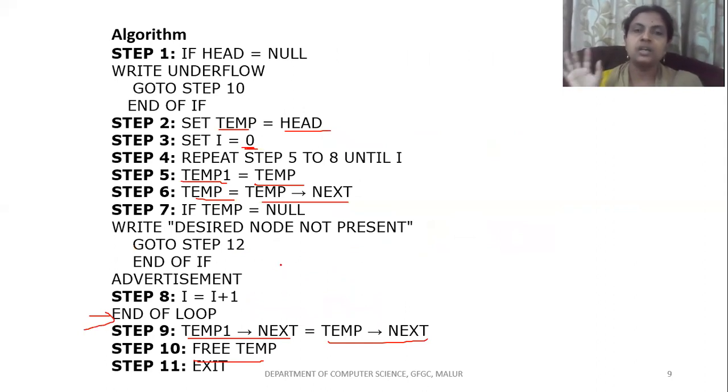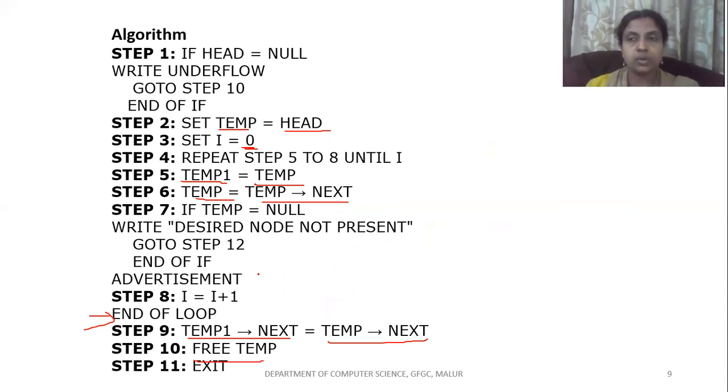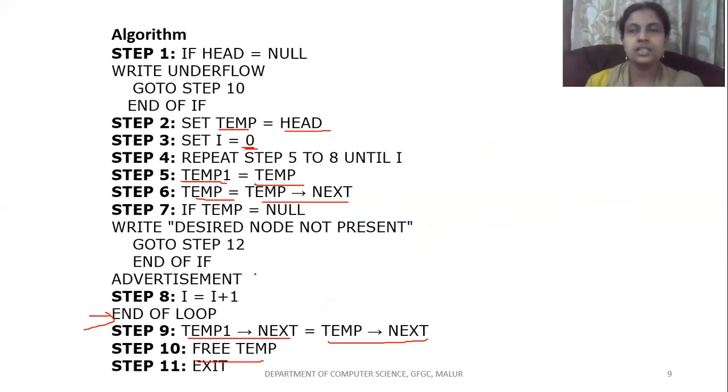So in today's session, we discussed 3 algorithms: deleting a node at the beginning, deleting a node at the end, and deleting a node at a given position. With this, we have seen the algorithm part of single linked list. In a single linked list, the possible operations are: you can create, insert, search and traverse. Insertion can be done in 3 ways, and in the same way deletion can also be done in 3 ways. So you have 5 basic operations that can be performed using a single linked list.